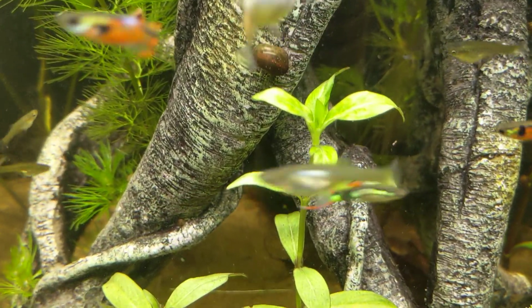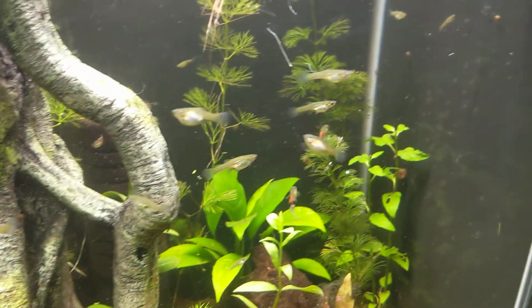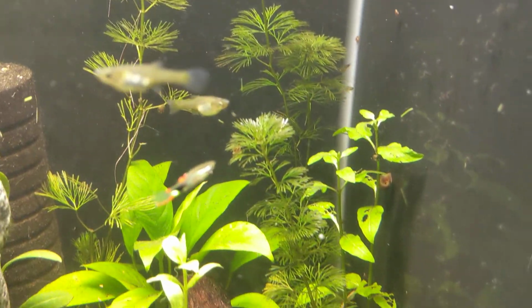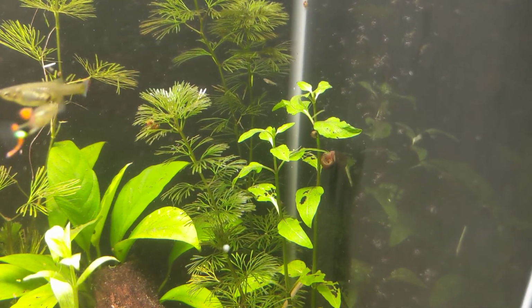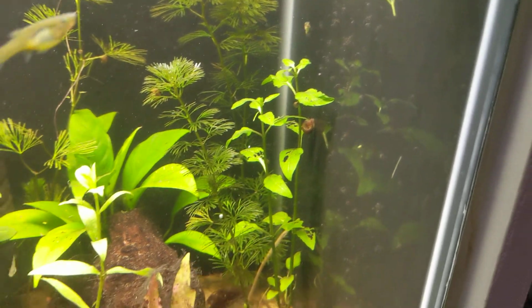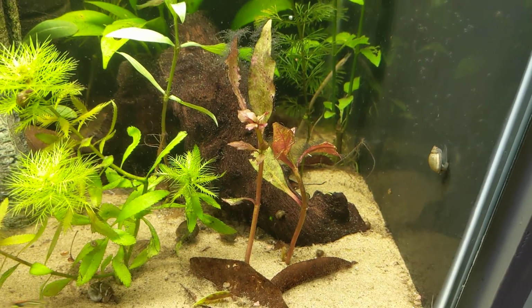It's locally collected. I think it may be in the Tradescantia family. Cabomba caroliniana is the darker Cabomba in the back there. This plant next to it is Amaranthus spinosus, known as the spiny amaranth. That was locally collected. Down here is a really sad